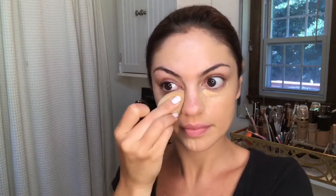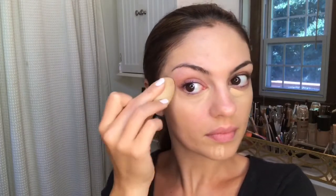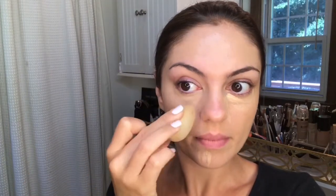Again, a nice thin layer. You don't want anything cakey. The humidity and the heat will just make your face feel like you're caked on, and we don't want anybody melting in the sun. I'm gonna blend in my chin, and then I'm gonna go in and blend the other